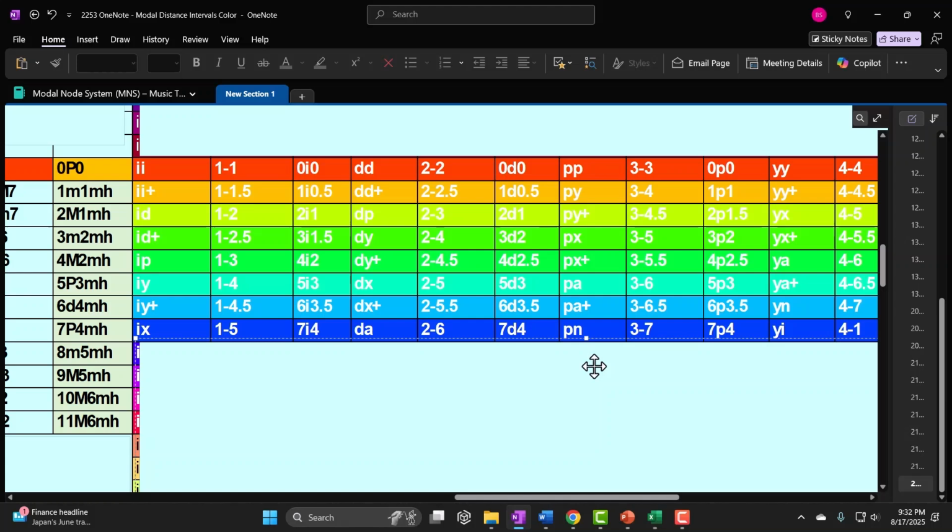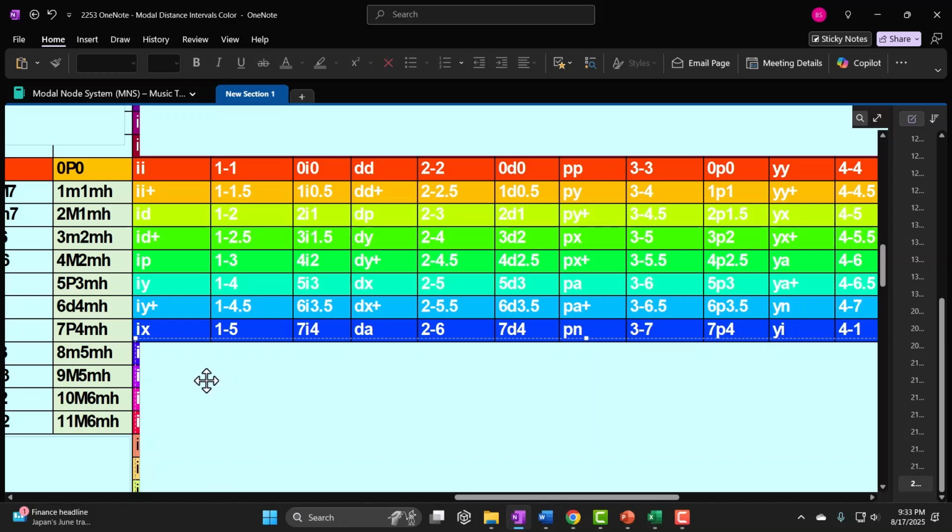How many steps up are we at now? 7 steps up. That's going to be a very stable distance. It's going to be a color of azure. So this deep azure blue is going to be very stable, similar to the one we had up top. If we go from most continents and we go up 7, we land at another continent most of the time. So if I go up 7 from the Ionian, it's going to land me on the Mixolydian,